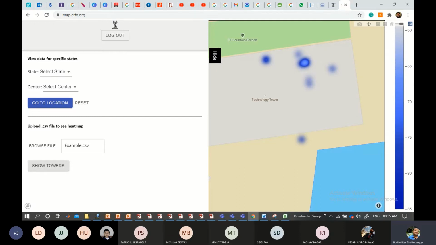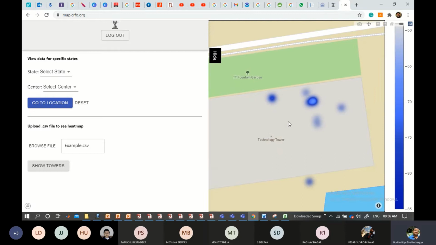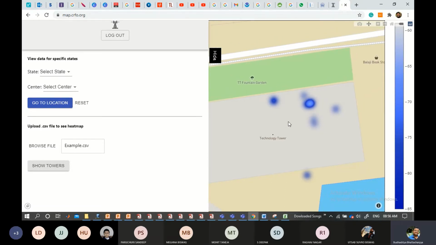Now you can observe that here on the right hand side, this is the dB intensity. So you can see the color intensity, whenever this is deep color. Around here is minus 65 dB. If I zoom in, okay, this is overlapping. So if you check here, this is minus 65 dB. This is minus 67 dB. This is minus 77 dB. This is minus 79 dB. So like that, it has stretched. The whole 33 odd readings have been made into a heat map kind of format all throughout the environment or the measurement area.